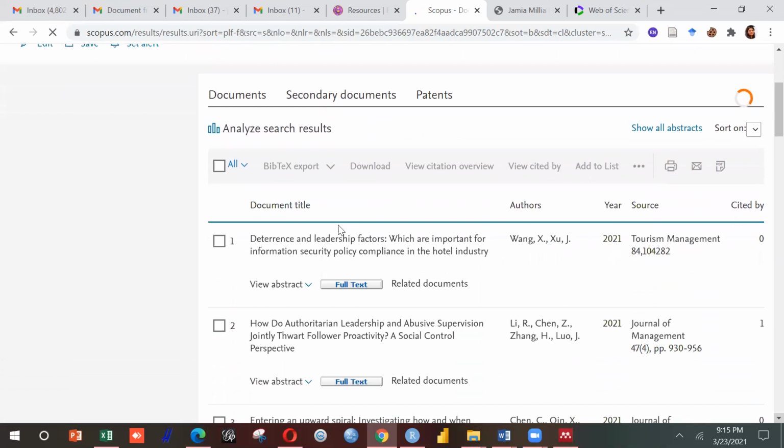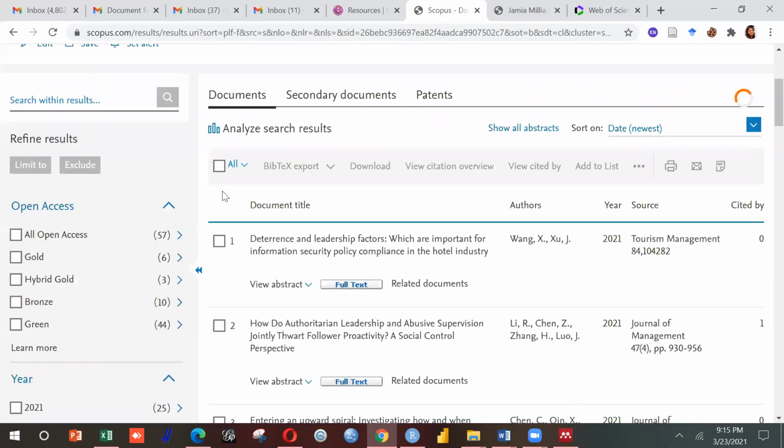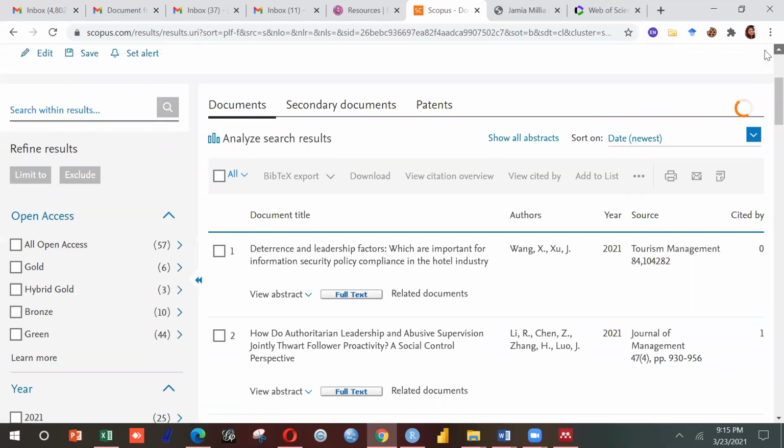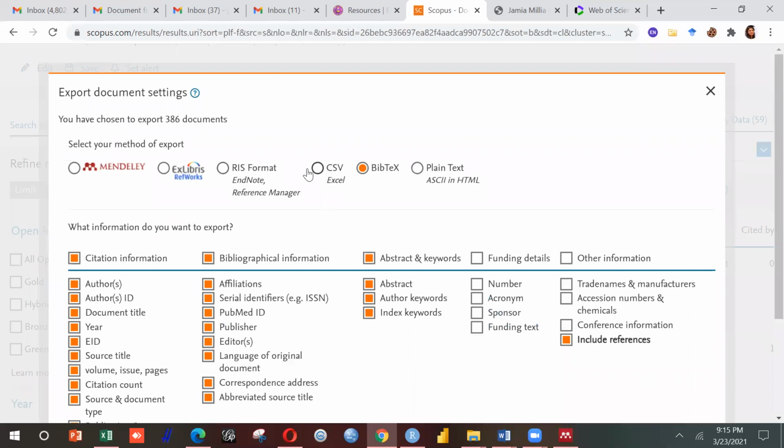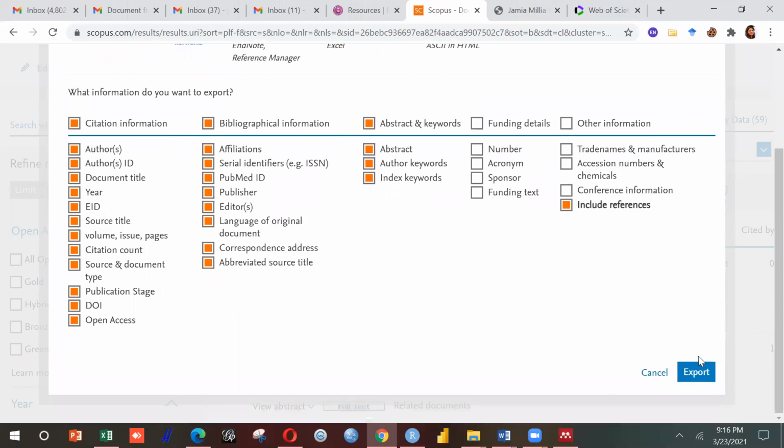Now I'm going to take all 386 results and export them in the BibTeX extension. There are 4 or 5 options available. Earlier you could take a CSV file or BibTeX, any extension, if you just want the Scopus data. But if you are merging, then you definitely have to take the BibTeX extension and export it.